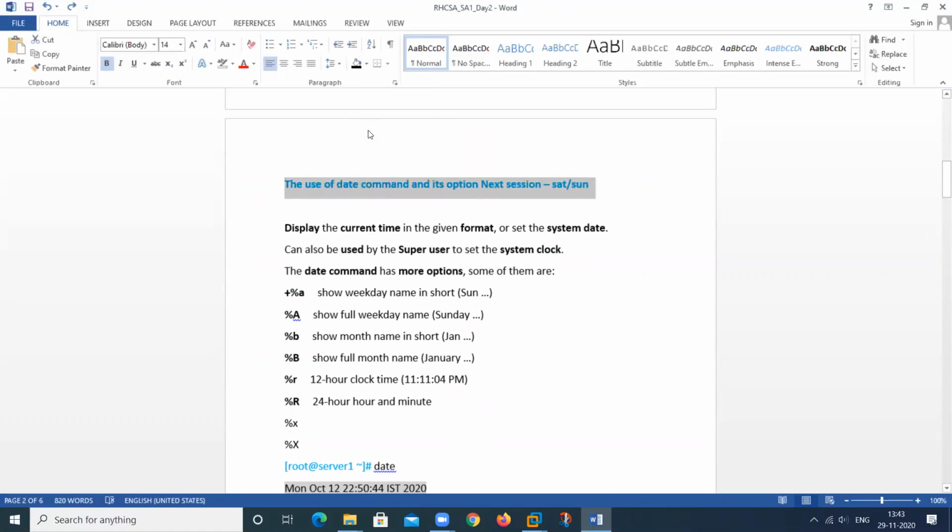Because only one student remains, all the students quit from the class. So I think all the concepts are clear regarding the installation and some basic commands.